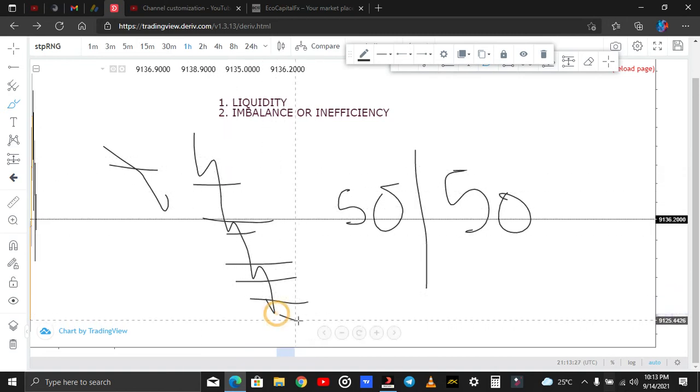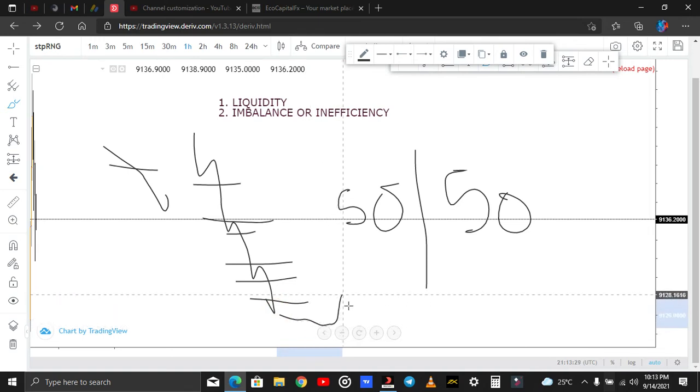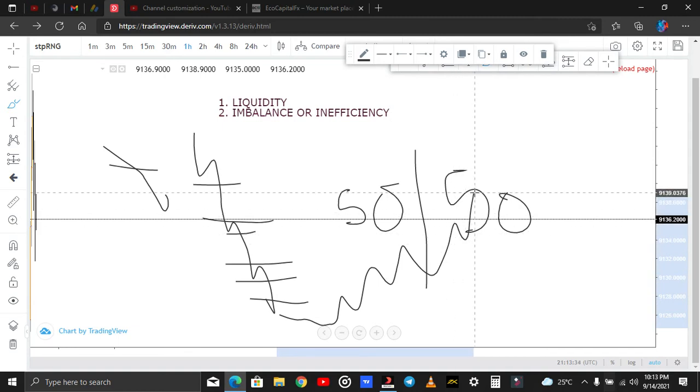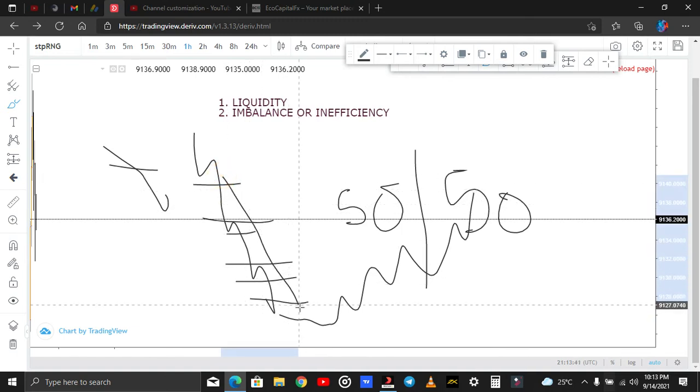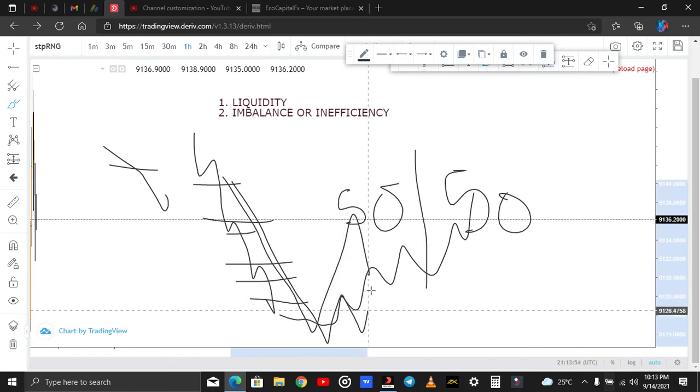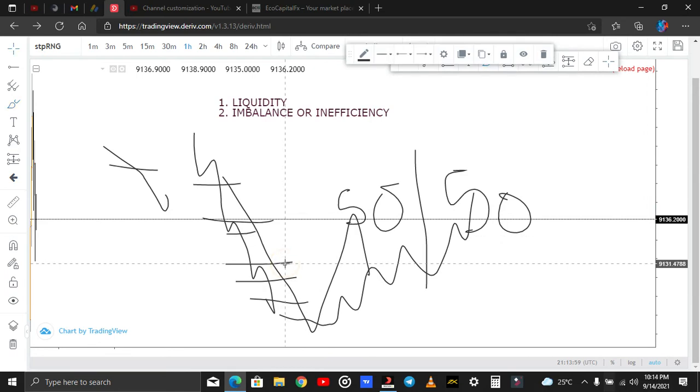After price does everything it wants to do, it will still come back and start filling all the inefficiency later on. So it's not as if whenever you see any inefficiency you just jump into the trade. Price can still maintain its structure, keep going down, and later come back to fill the inefficiency. If you don't have a very large capital and you start buying to fill this inefficiency, price might go downward, blow your account, clean it finish before it starts going back upward. So you don't just trade inefficiencies blindly.